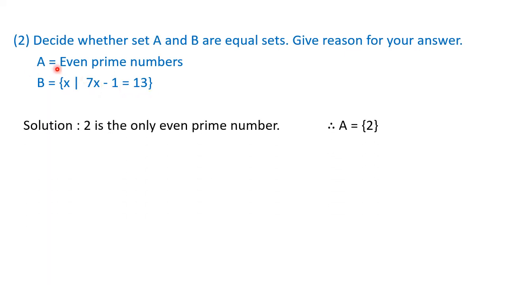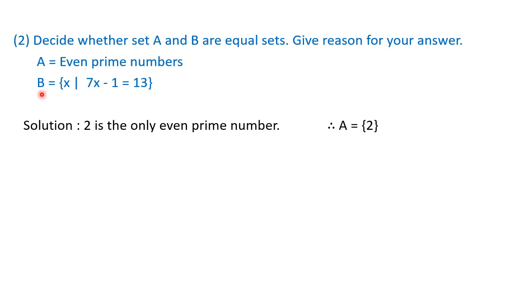Okay, now let us see the solution here. Two sets are provided. A is a set of even prime numbers. So what we can say, 2 is the only even prime number, and therefore we can write down the set A in list method like this, that A is equal to inside the curly bracket 2 and then the curly bracket close because only one element is there. Set A contains a single element. It's a singleton set.